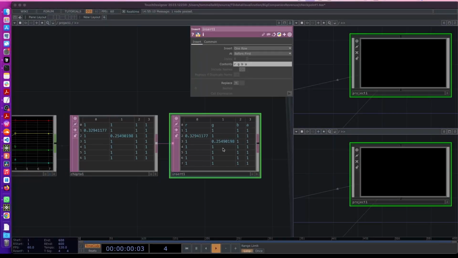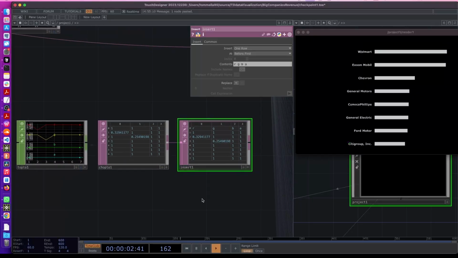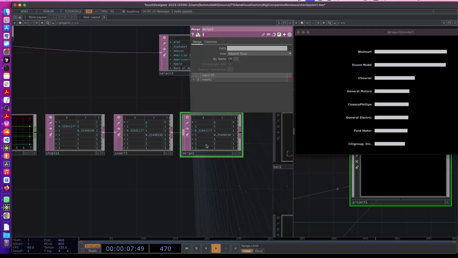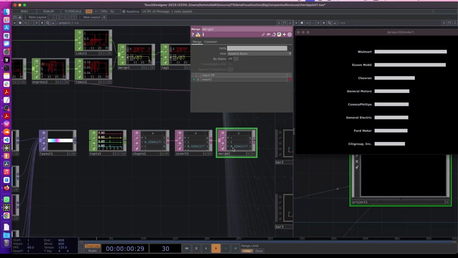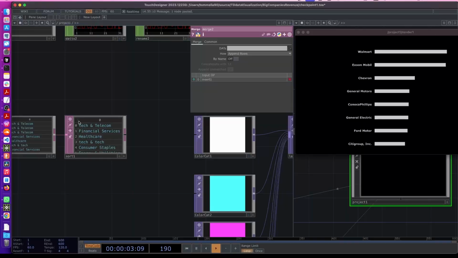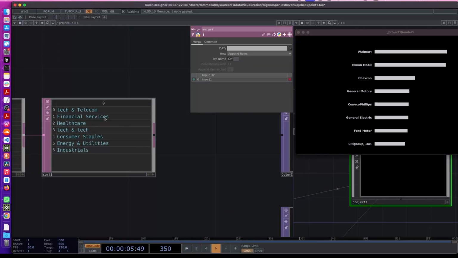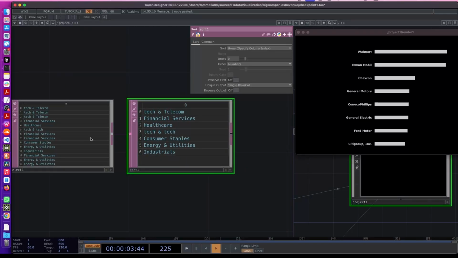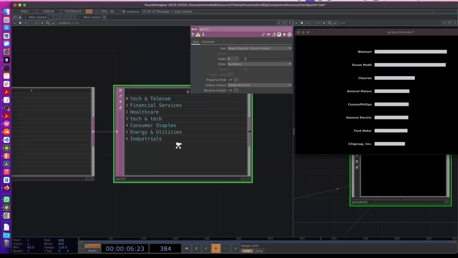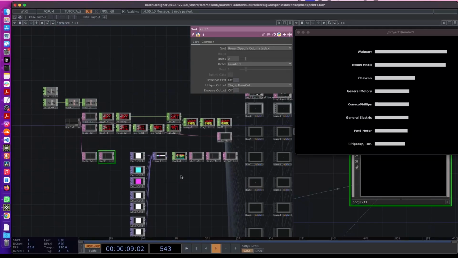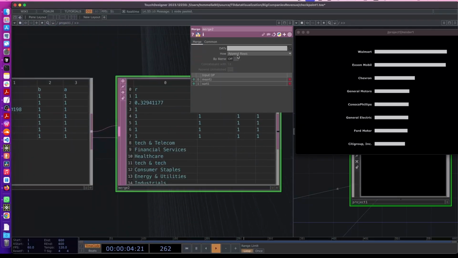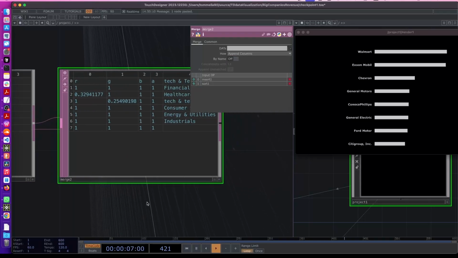Now to finish our color mapping table, we can add a merge here, and we will attach it with the sort we created before, which has the same number of rows. And actually, let's merge it now. Let's see what happens. We have to do append columns, this, and now